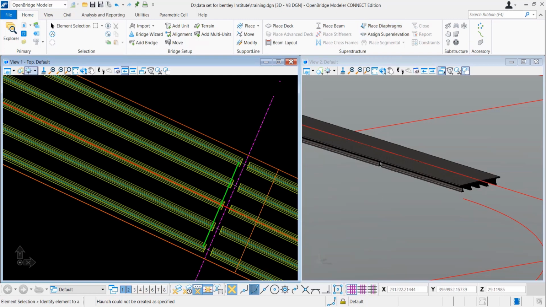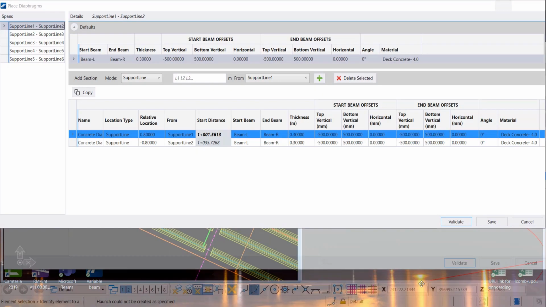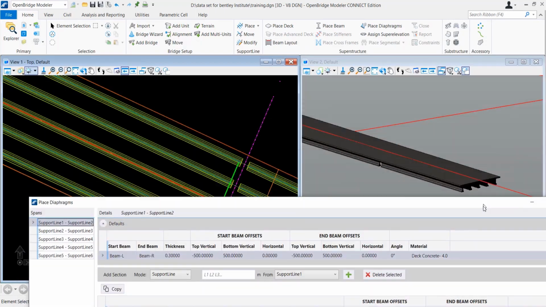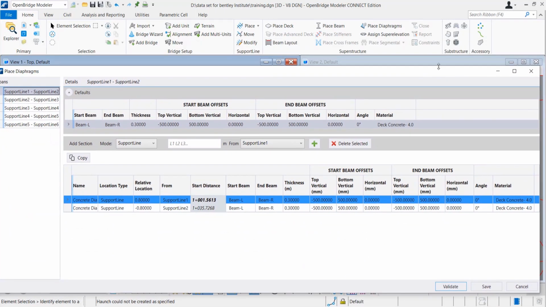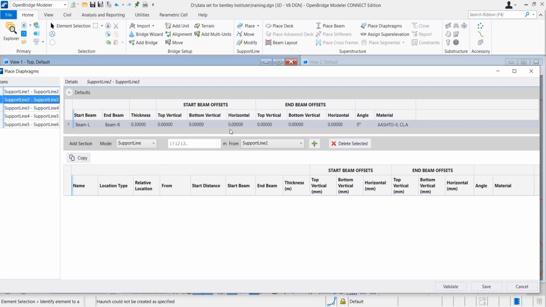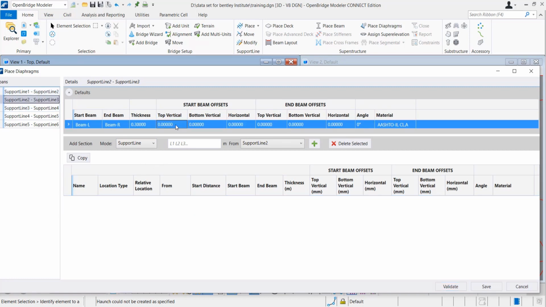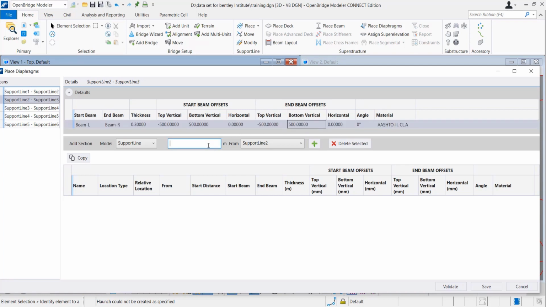Again we'll go to edit the diaphragm template again. So we'll select another span, right? We'll select span 2, that is support line 2 to 3, right? And in a similar way we'll put the same top and bottom offset, right? And for both the ends, the offset from support line 2 is positive.